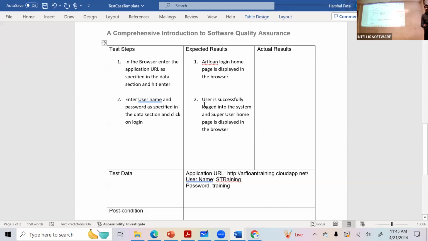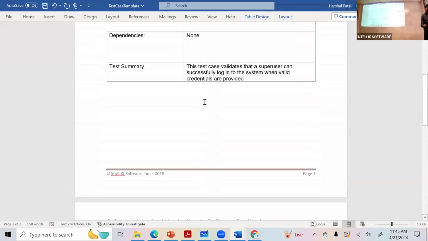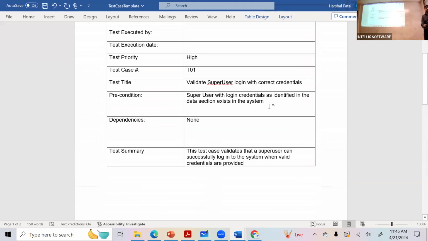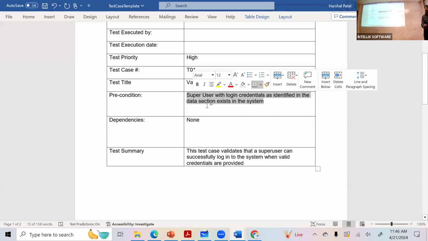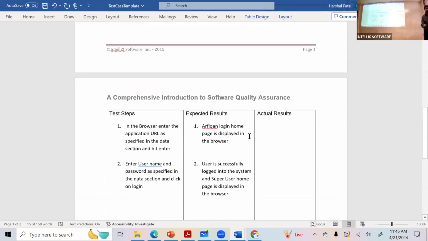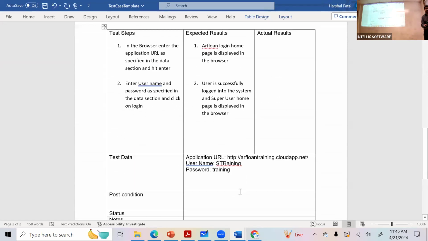Since it is a valid user ID and password, because remember my precondition: super user with login credential exists in the system. I knew it would be this user, so I can successfully log in.